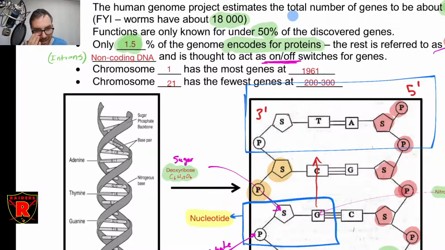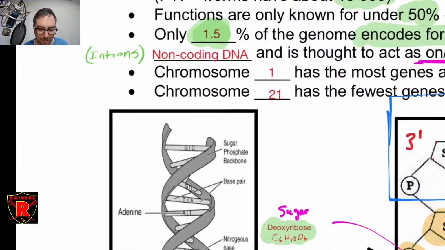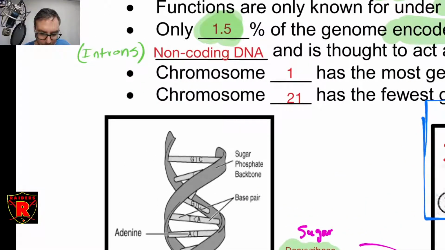What is turned on in an eye cell and turned off in a skin cell? It's pretty complex in terms of how to regulate that, turning on specific things more, turning them on less. And so the rest of the domains of your DNA are all involved in that process of turning things on and turning things off. This is definitely a great term to put in your vocabulary list: those sections are called introns, I-N-T-R-O-N-S, or non-coding DNA. Typically the word intron is used though. So introns are really important for regulating which parts of the DNA are being used.